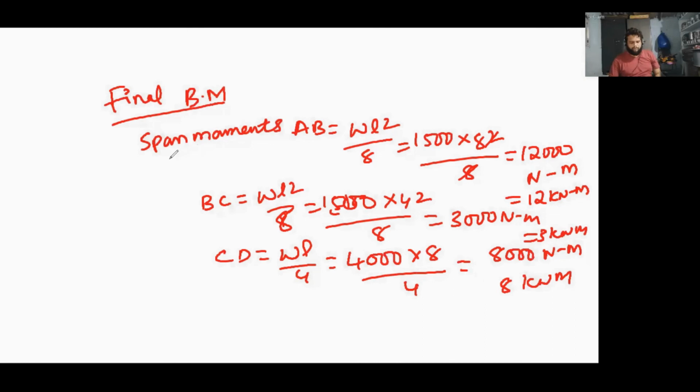Now already you know the final moments, correct? So now you have to superimpose these two to draw the value. So first one is 12 parabola, second one is 3 parabola, third one is 8. This is triangular, right? Now so 12, 3 and 8. Okay. Now I have to plot the baseline. So before plotting the baseline, let me write this fixed end moments.